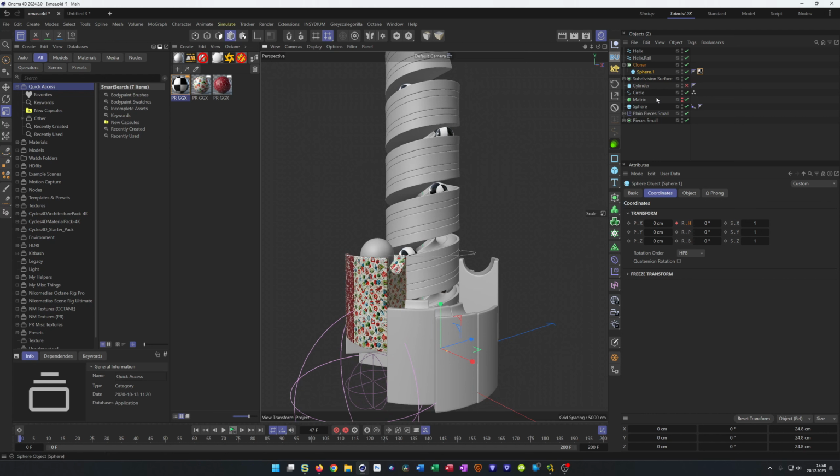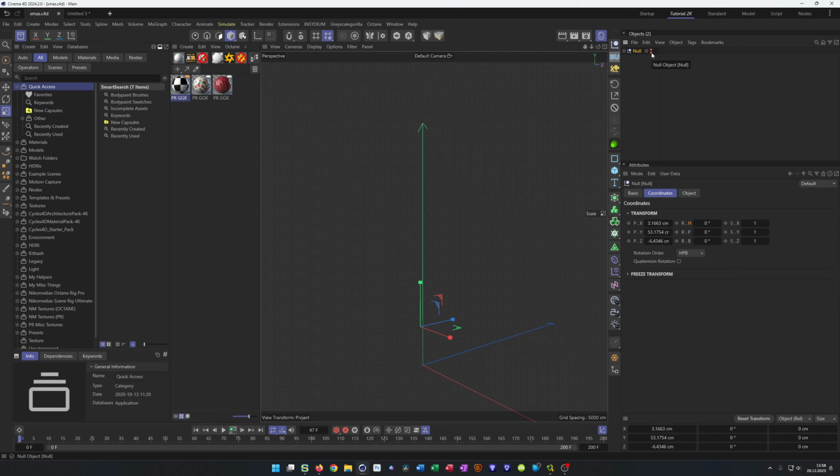So now let's make it, why not? So that was, we can hide this whole thing here for the moment. Select all, Alt G, hide it. And now let's make